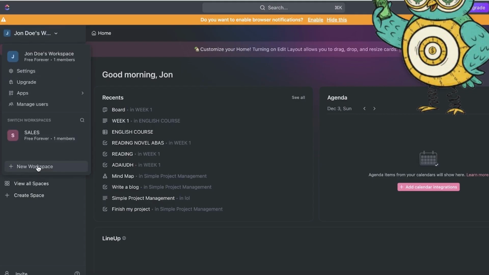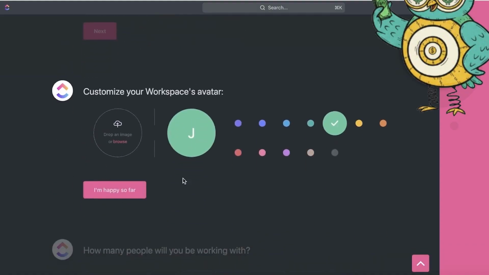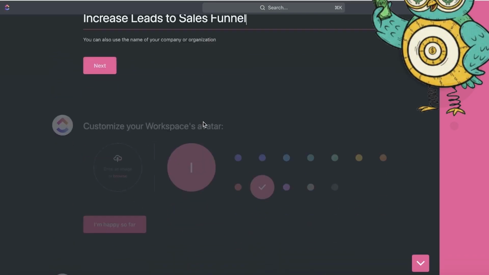However, for project management, you obviously have to add other people. So for that, whenever I'm building a new project, I like to click on new workspace, and then I like to name it by the title of that project. So let's say we want to increase leads to sales funnel like this, and then I'm going to click on next over here. I can use a particular color to signify the particular workspace I have,